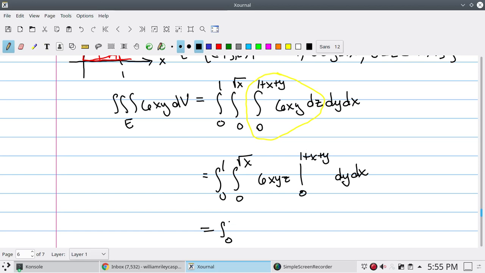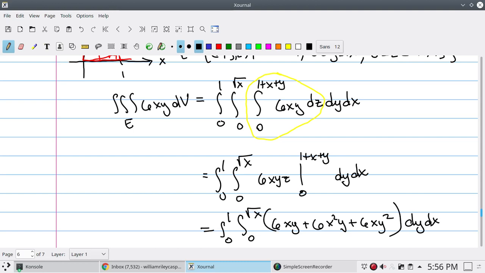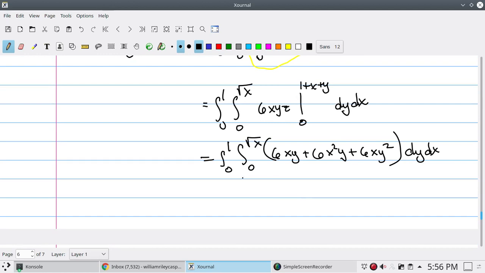Let me go ahead and skip a step and distribute that right away. So this is the integral from 0 to 1, integral from 0 to the square root of x, of 6xy times this thing. So I'm going to have 6xy in there, plus a 6x squared y, plus a 6xy squared, dy dx. And I'm going to go ahead and integrate this last expression. So I'm integrating now with respect to y, treating x like a constant. This is going to be the integral from 0 to 1. And when I get this, I'm going to have